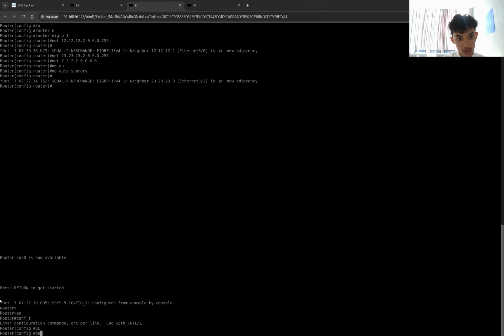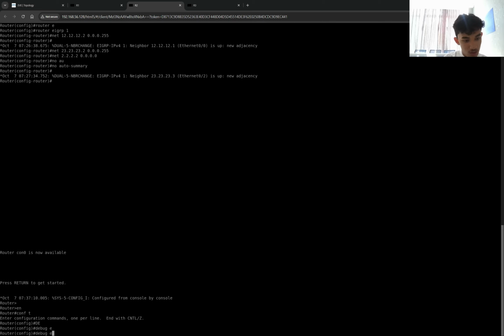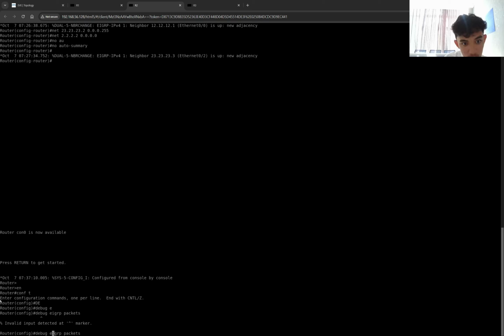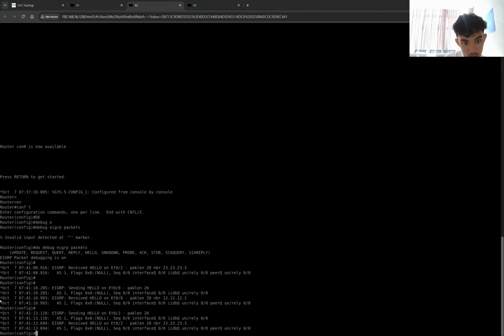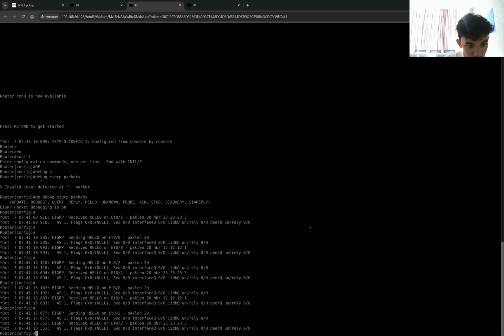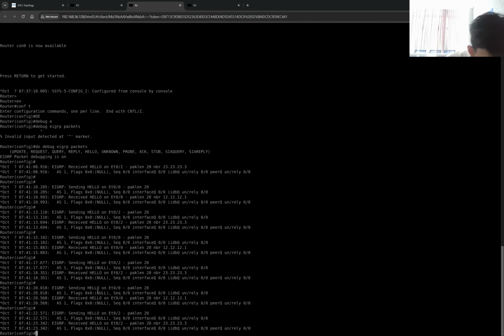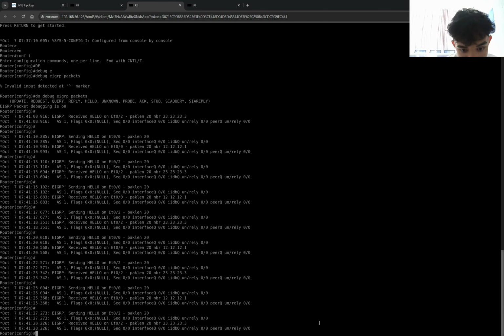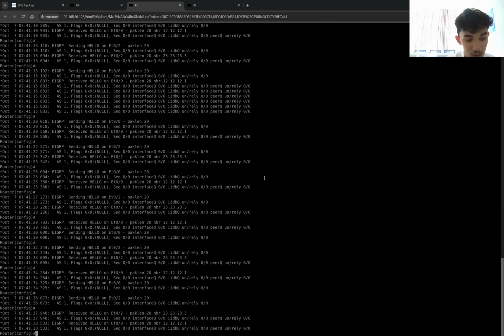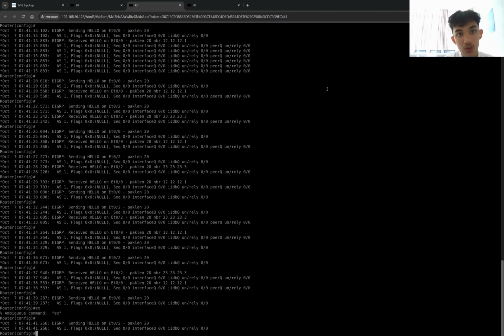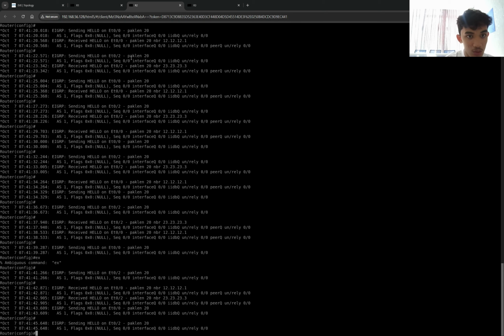Wait, debug eigrp. Okay, like this, the keychain is already connected actually, and then you can exit, and then we can go to router number 2.